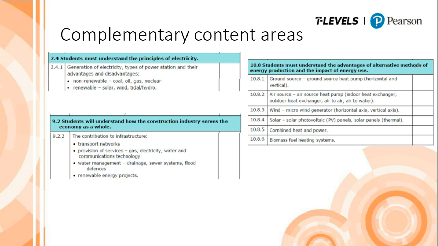So students must understand the principles of electricity. Students must understand that construction serves the economy as a whole. And students must understand the advantages and alternative methods of energy production. So you've got principles of electricity, energy production. You've got telecommunications and renewable energy projects, etc. So you've got 3 areas from 3 separate parts of the content, point 2, 10 and 9. So if we look at 2, 10 and 9, which is